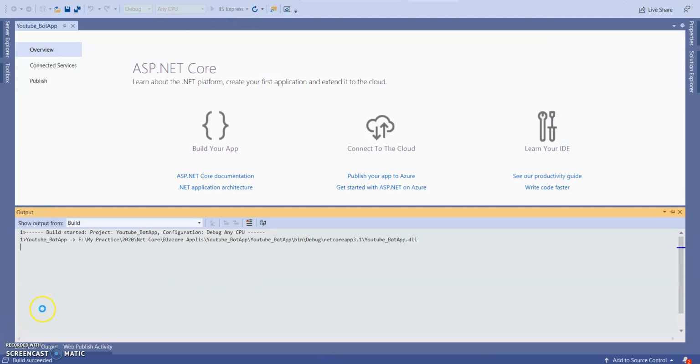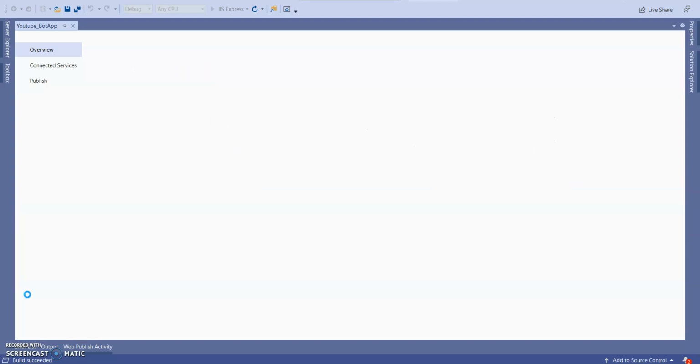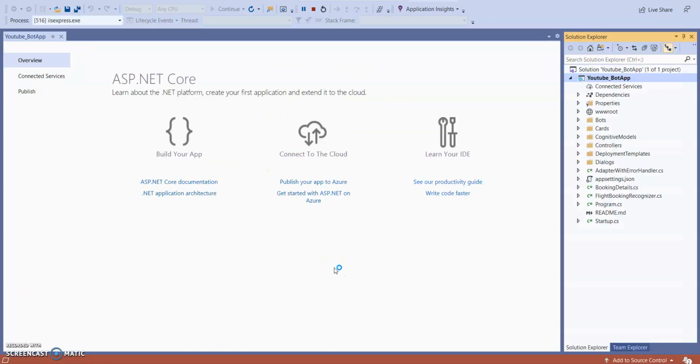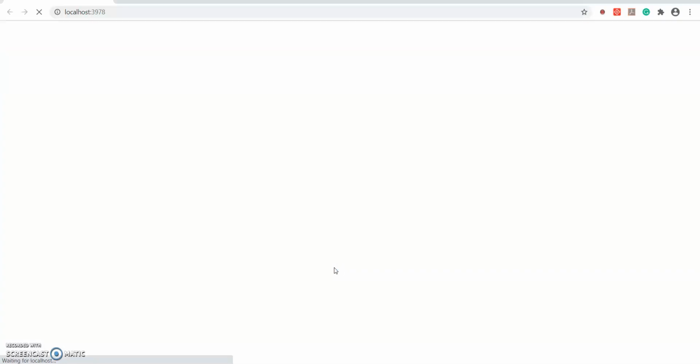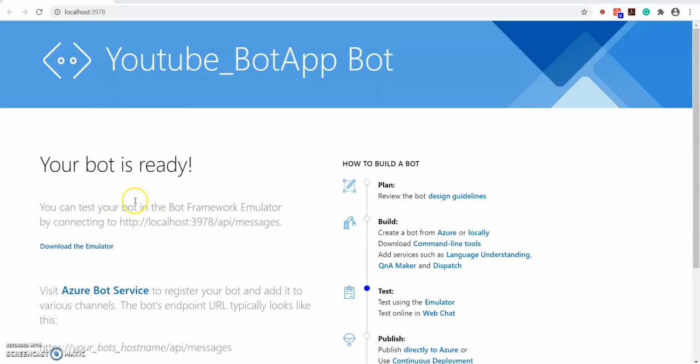So build succeeded. For the first time I created, so it is taking a little more time to run. Our bot application is ready.